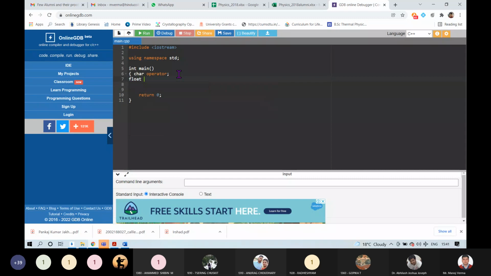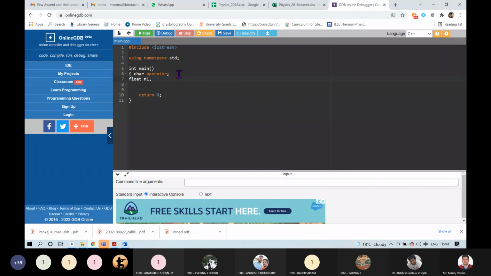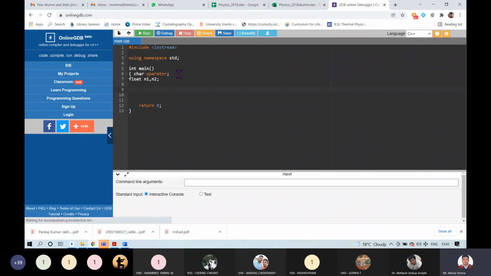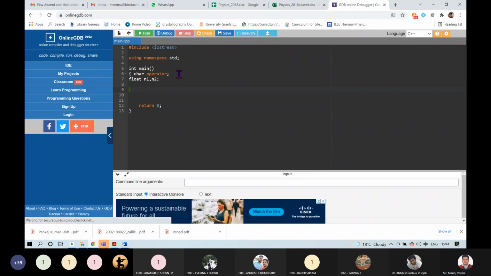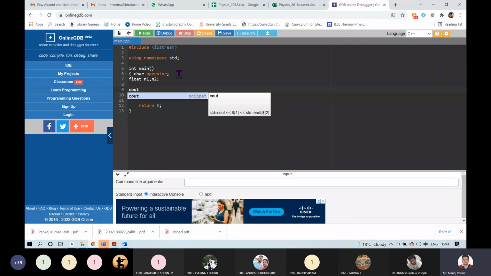I am defining 2 different numbers of float type because I have to perform division also. And then I am assigning a particular value to an operator.